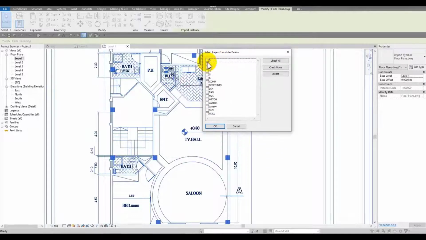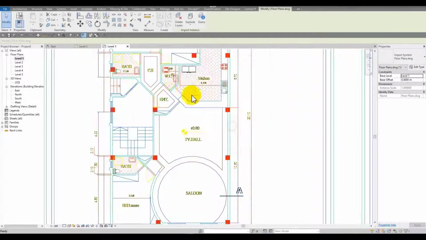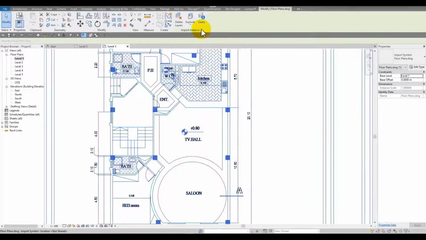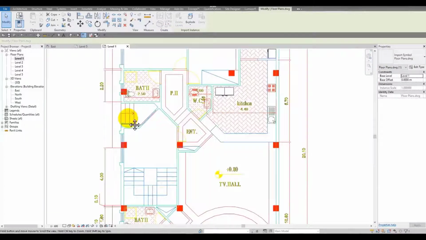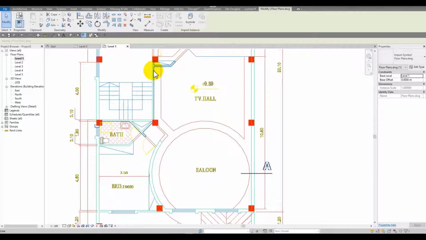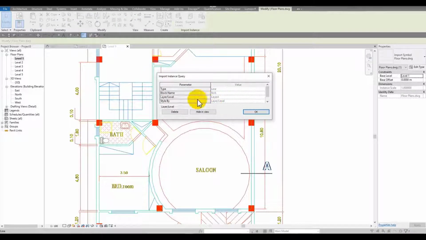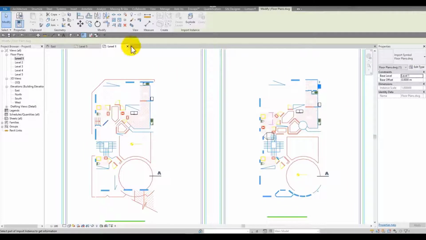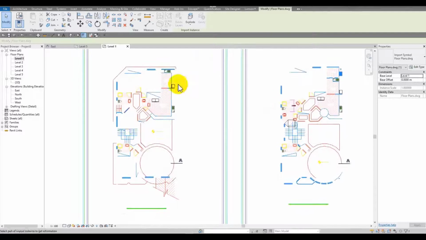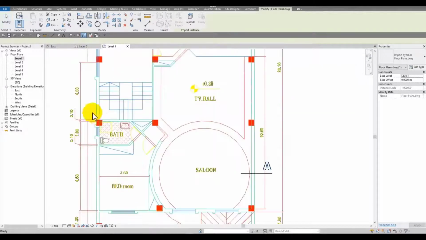And to understand that each element is related to which of these layers and what is its name, I can have query. When I use it, as you can see, everything will be selectable. As in instance, the walls. When I click on the layer, I can see its layer, and right now they are in layer 4. When I select hide in view, everything which is drawn in layer 4 will be hidden,